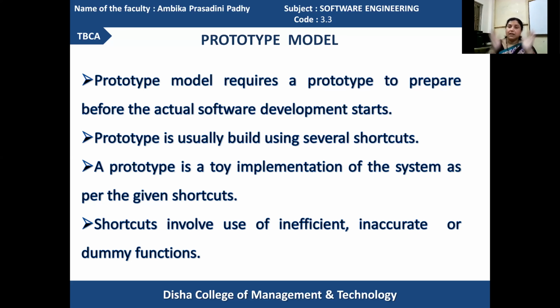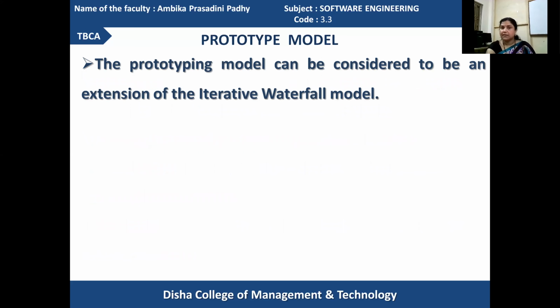For that, collect a set of dummy information and, using those shortcuts, create a toy implementation, a dummy prototype, then use that prototype for solving the particular need. If that need is satisfied, then it can be implemented as the right prototype for the system. The prototype model can be considered the extension of the iterative waterfall model.